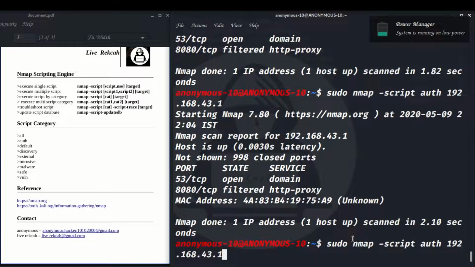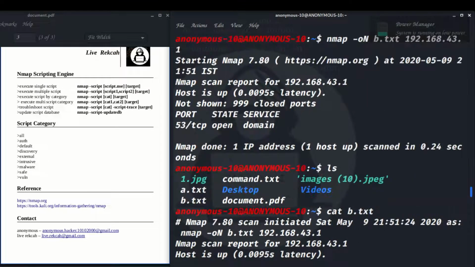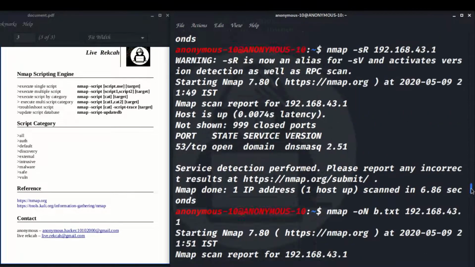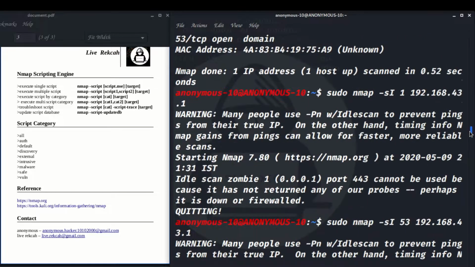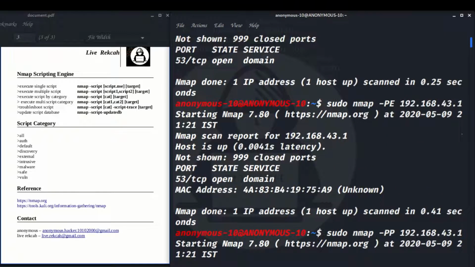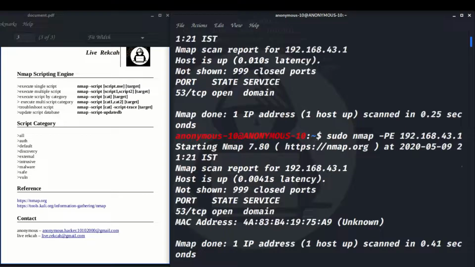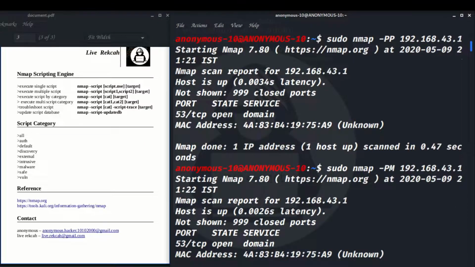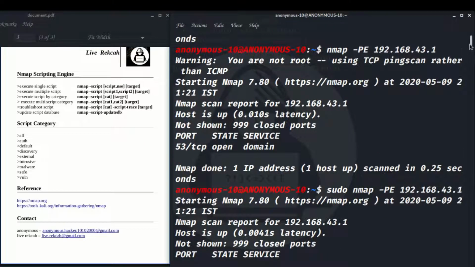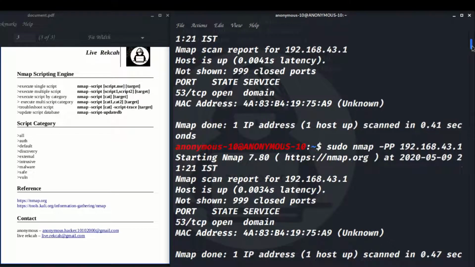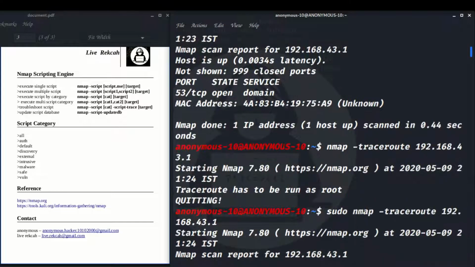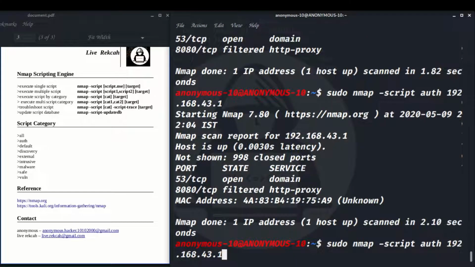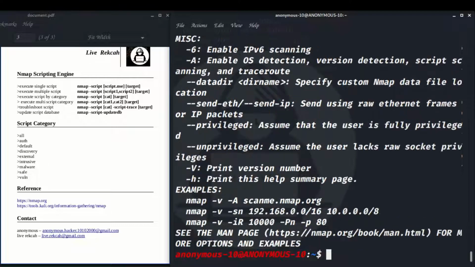What I'm going to do is use that scanme domain. I'm going to see that IP and show you how this works. There is nothing more here, this is all I have. Okay, we have the normal command, nmap. If I put nmap, it is going to come. Yeah, we have it here.